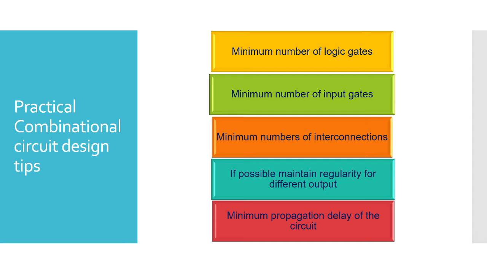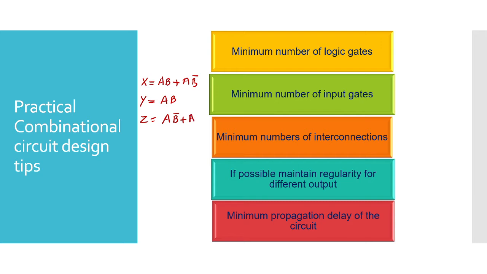Suppose for a combinational circuit x is the output, and you obtain a function like ab plus ab bar, and for another output y suppose you got ab. Next z, if you get ab bar plus